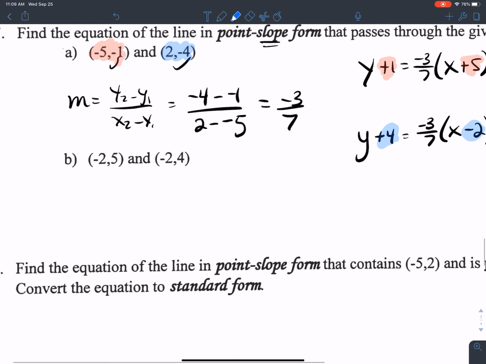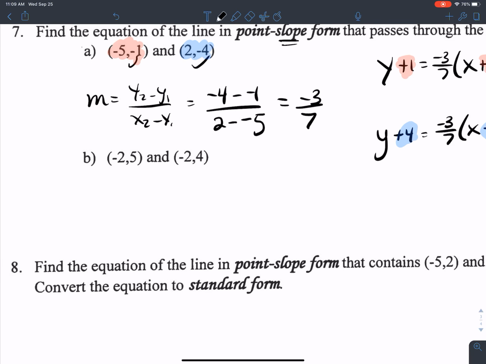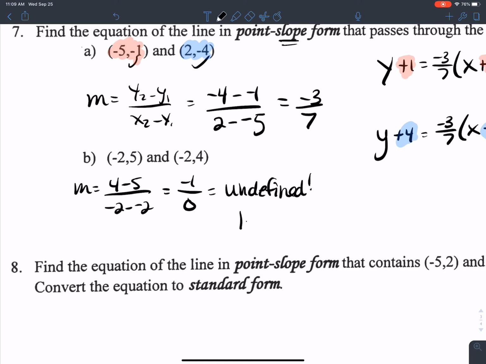Now we'll just kind of repeat that process on letter B. So the slope. On top we get -1, but on the bottom we get 0. Now this is a huge point. We do not know how to divide by 0, so this is undefined. The only line with an undefined slope